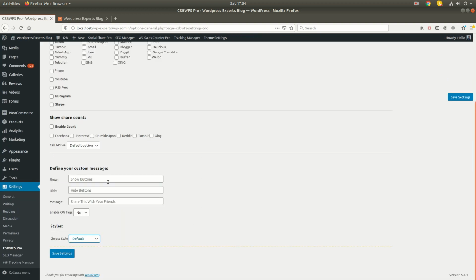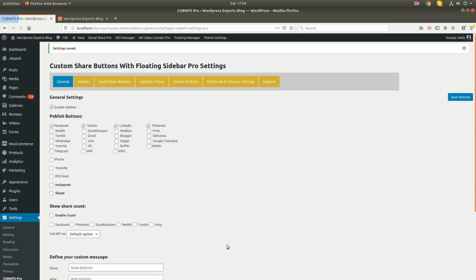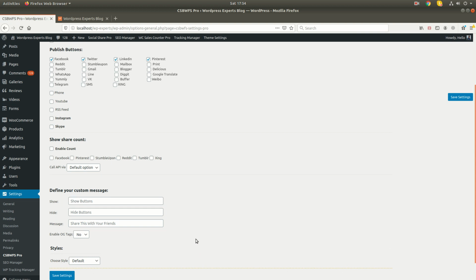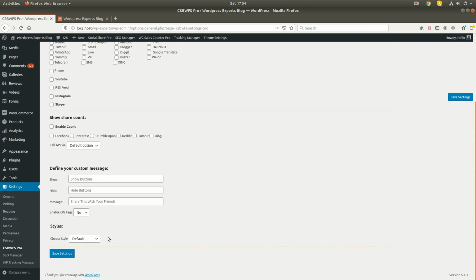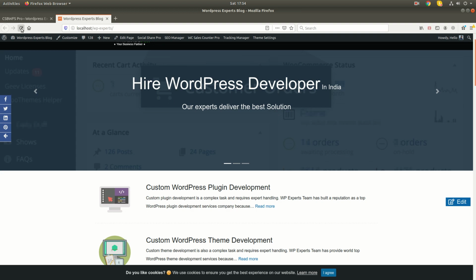Once you install it, the default setting will be different; as we have already installed this plugin, that's why it's showing auto selected by default, otherwise it will be the normal one. You can see the button is the same as the standard color of the social site.